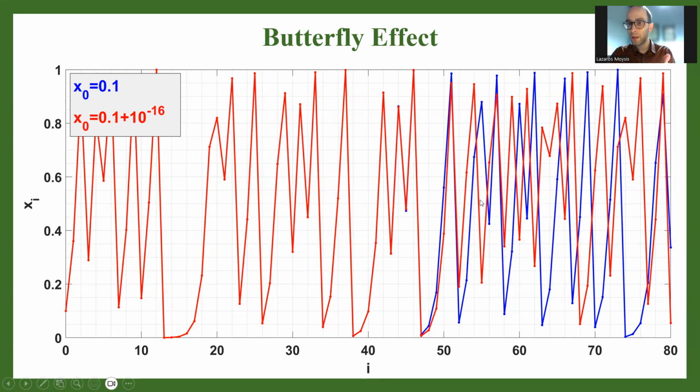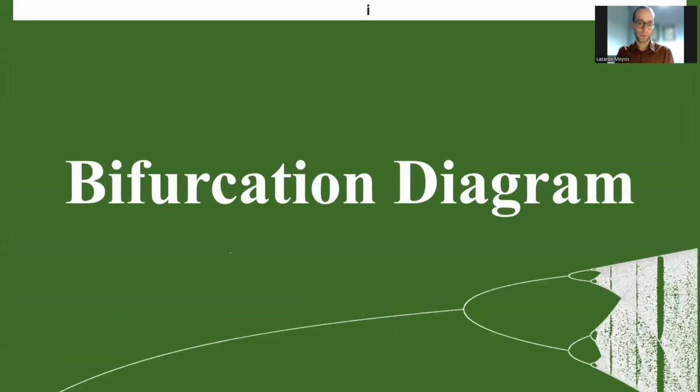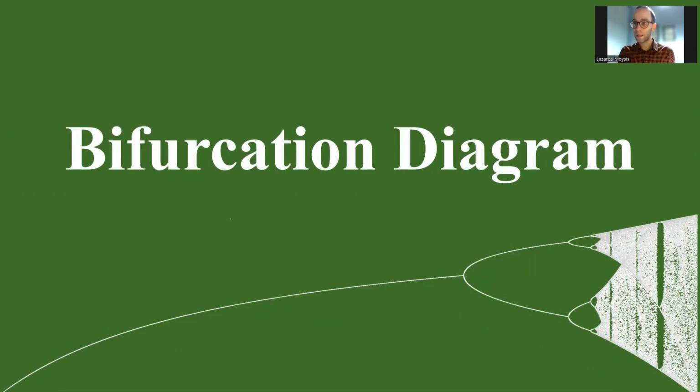The butterfly effect tells us that minuscule changes in the system settings, like the initial condition, will eventually lead to cataclysmic changes in its behavior. And that's what we see right here. The two trajectories eventually become completely irrelevant from each other, right? So this amazing phenomenon indicates chaotic behavior. As you see, the logistic map is very simple, but it has a collection of many different interesting behaviors, right? So the question that arises is this: